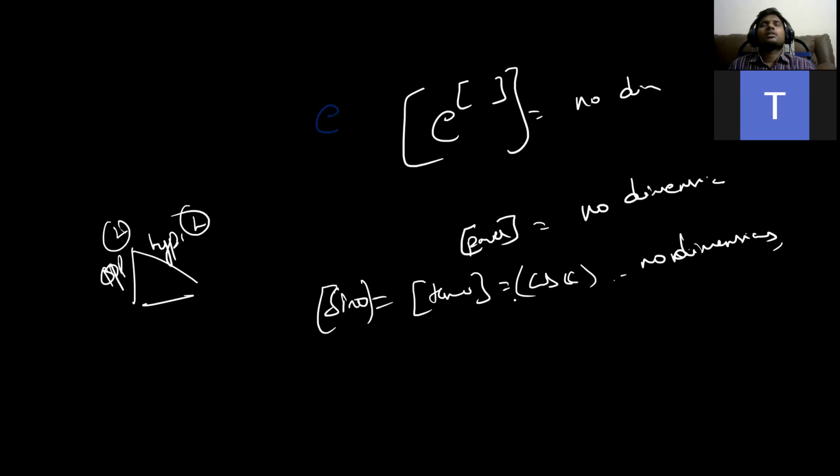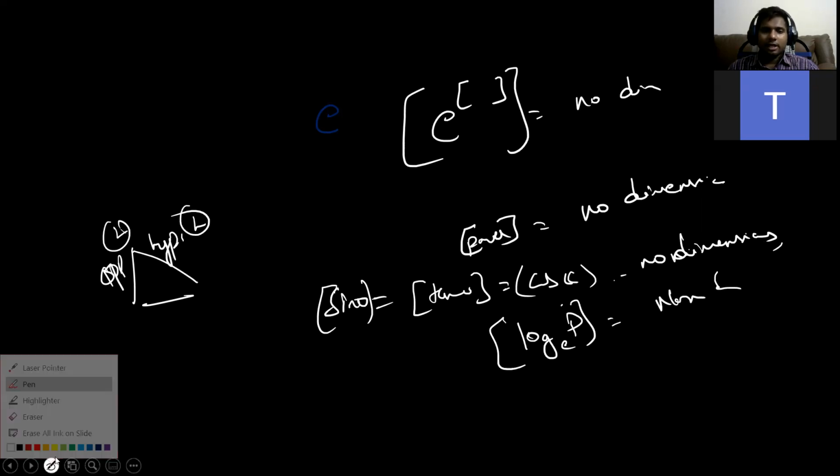Then what are the other things? Logarithm of some quantity, logarithm p to the base c, whatever it may be. This will not have any dimensions. Logarithm you did not study at all? Log tables? No, sir. You haven't studied it in the syllabus. Okay, we will study some other day. Logarithm is also another important concept, like trigonometry. We'll discuss logarithm later. So these functions will not have any dimensions. Got it? Yes, sir. Did you write the note point out of it?